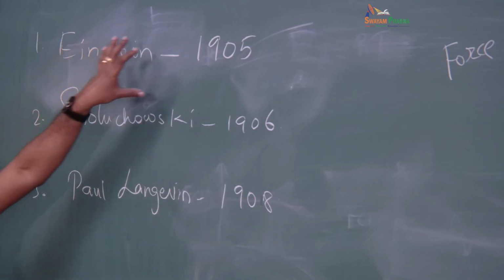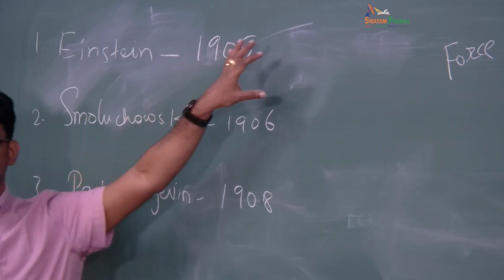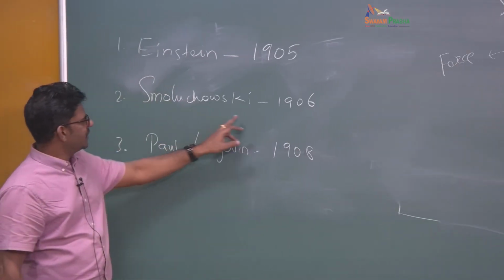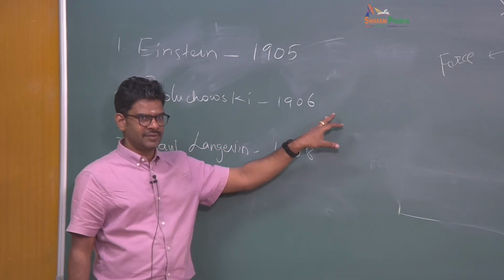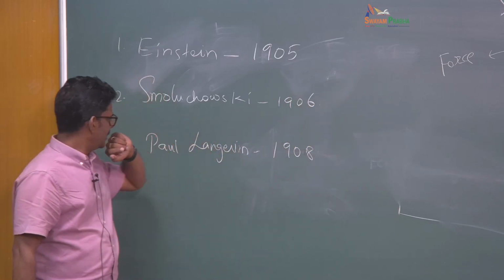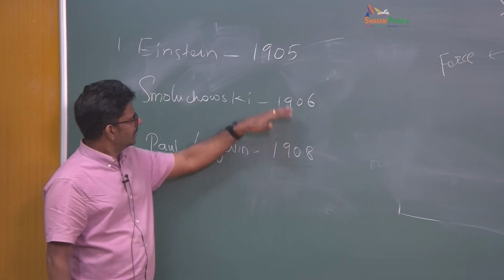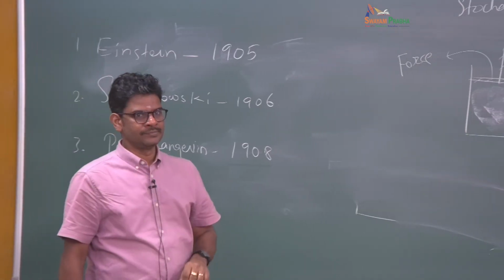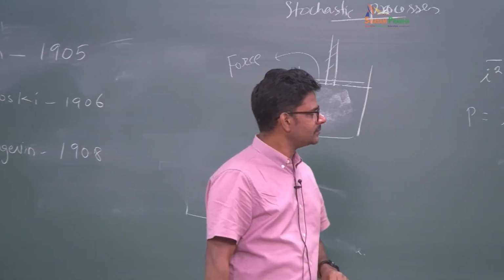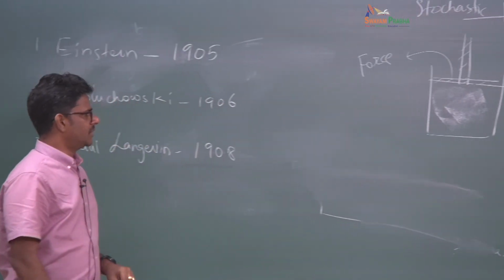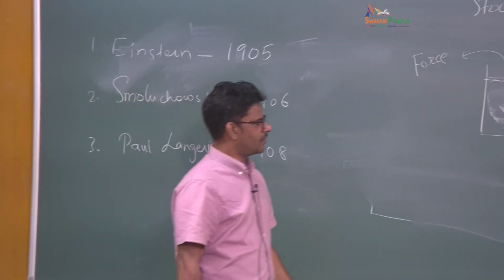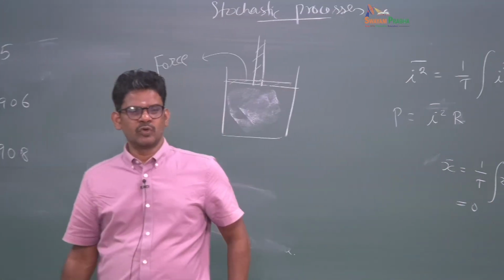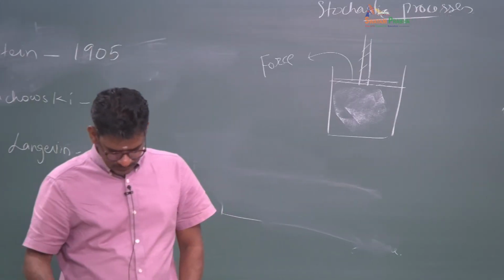So Einstein's theory was first put forth, and he pretty much characterized all the observed exhibits, and Smoluchowski independently developed more of the mathematical character of the problem rather than the physical characteristics of the problem. And later on, Paul Langevin also rediscovered whatever Einstein and Smoluchowski predicted, but with a much simpler mathematical treatment to describe Brownian motion. So now we will discuss some of these aspects of Brownian motion from a very simple to a little bit more sophisticated treatment, and then we will take it from there.